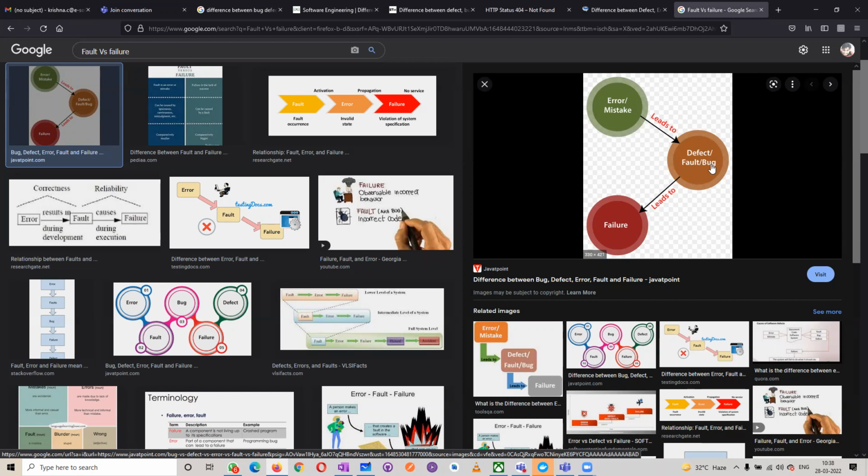Now when it reaches production, we will have the faults. More number of faults in the application leads to the failure of the application. For example, we do not use "fault" in our software industry; we only use defect and bug. But we use faults more in electrical gadgets or the manufacturing industry. Some issue happens, and because of that issue it becomes a fault, and that fault may lead the complete product to